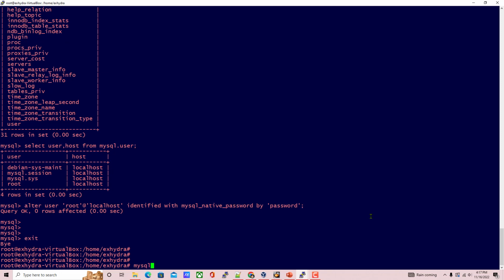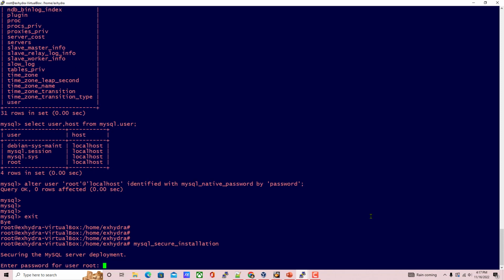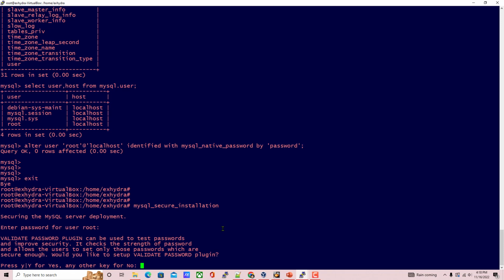We have a script called mysql_secure_installation. This script will add additional security levels to log into the database. So here it asks for a particular password. So I will give a particular password. So it again asks,